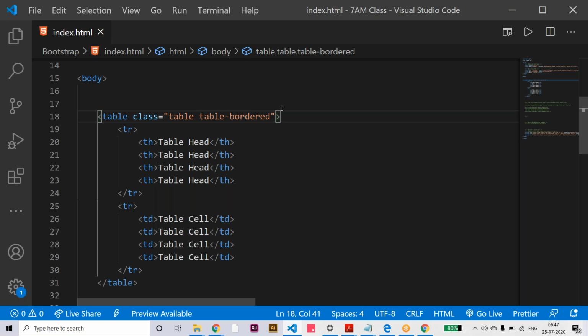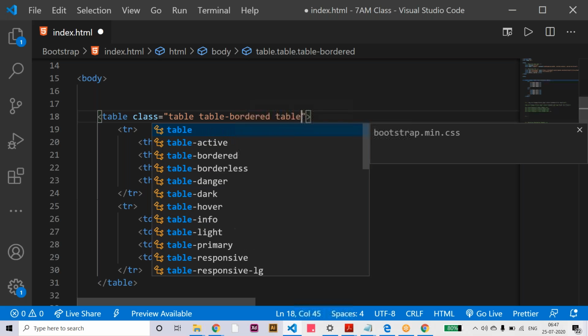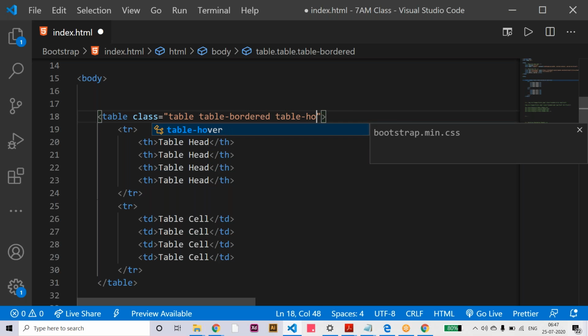When I mouse over a particular row, that row will be highlighted with a background color. So for this we can apply table hover, like this.